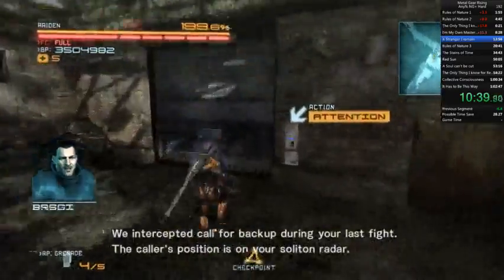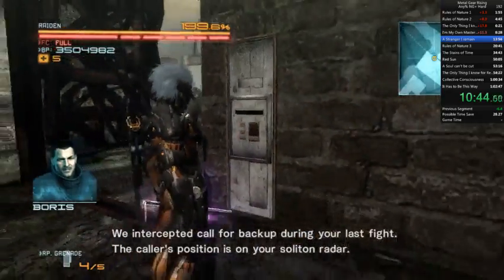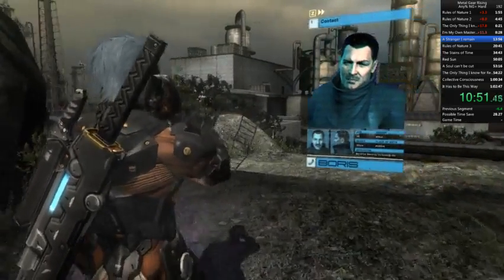We intercepted a call for backup during your last fight. The caller's position is on your Soliton radar. You can engage if you... Right. The cliff is just ahead at the end beyond... So, no, it is...